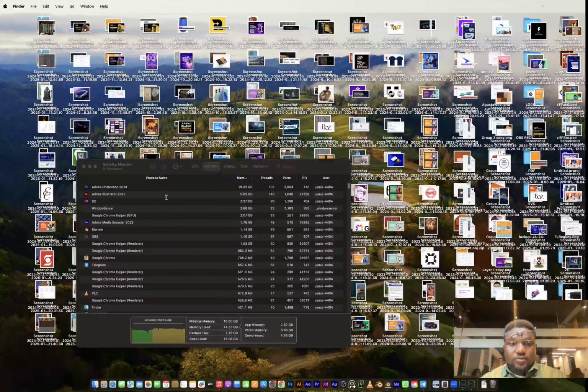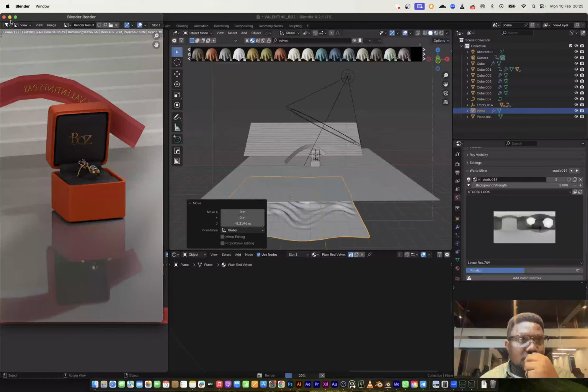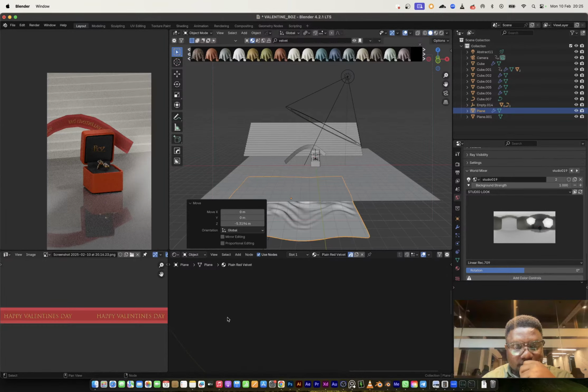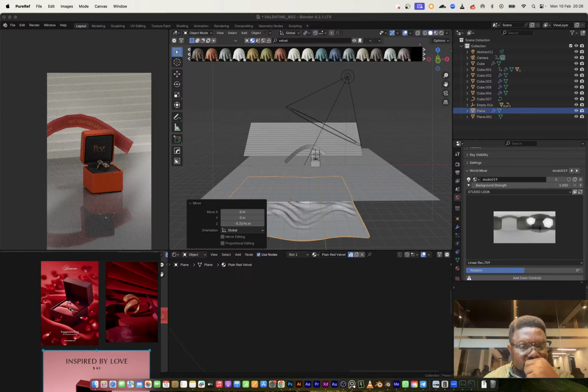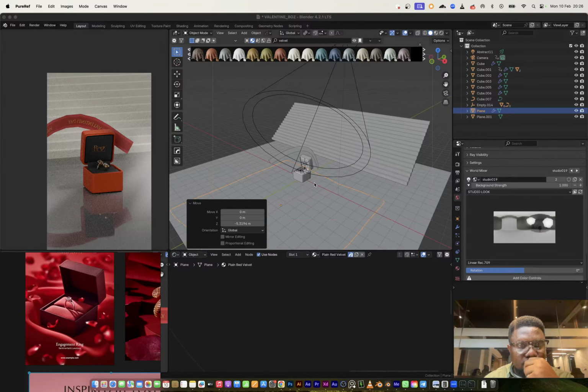So I need to figure out the environment for this. Maybe I need to look for more inspiration. I like this a lot, but man, I really don't want the red on red kind of look. It's going to be too much.